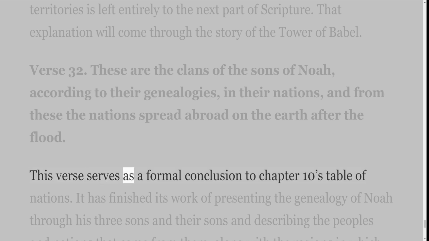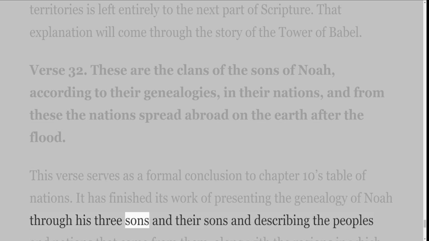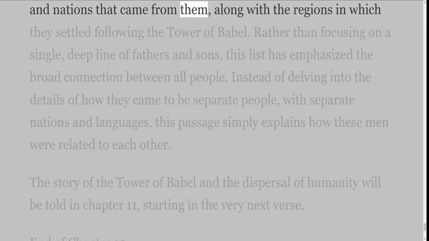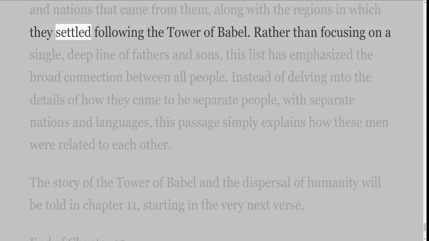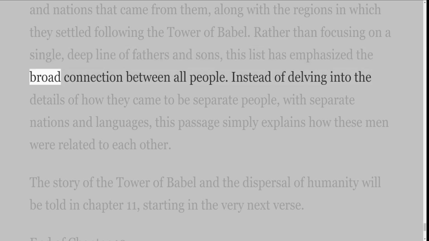This verse serves as a formal conclusion to chapter 10's Table of Nations. It has finished its work of presenting the genealogy of Noah through his 3 sons and their sons and describing the peoples and nations that came from them, along with the regions in which they settled following the Tower of Babel. Rather than focusing on a single, deep line of fathers and sons, this list has emphasized the broad connection between all people.